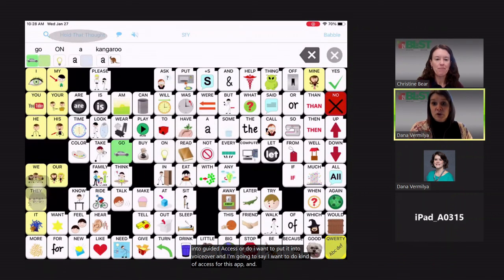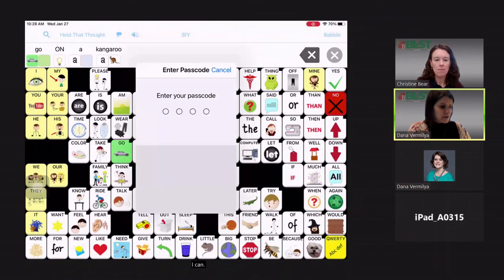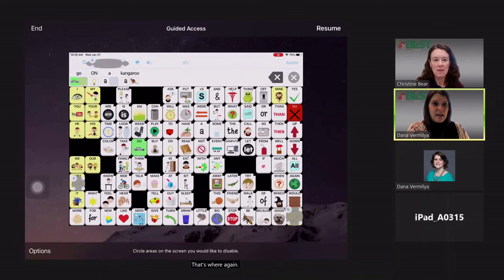And it automatically started guided access because I had already set those features the last time through of what I wanted to happen. If I need to adjust that, you can do that when you go into your end screen. I can click guided access again. I can put in my passcode. That's where, again, it brings up that I can end or resume guided access, but that's where I can make adjustments if I need to block something out, if I need to,